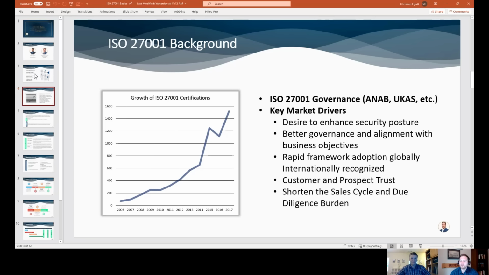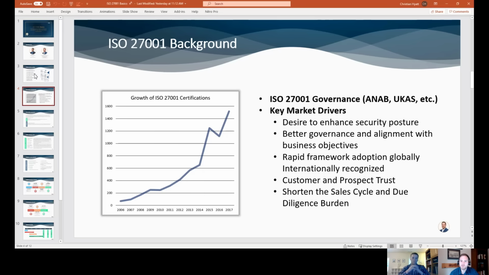So in way of background, ISO 27001 here in the US is governed by an organization called ANAB. One of the questions that comes up a lot is what can we expect from an ISO audit? And that really depends on the audit firm. The different audit firms have different techniques based on the firm's preferences, and that's largely governed by who governs the audit firm, so the auditor of the auditor. The biggest one here in the US is ANAB, and then there's another large one out of the UK called UKAS, and there's some that are governed by both here in the US.